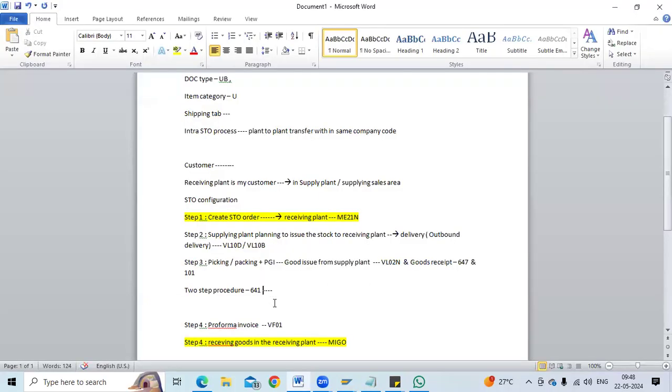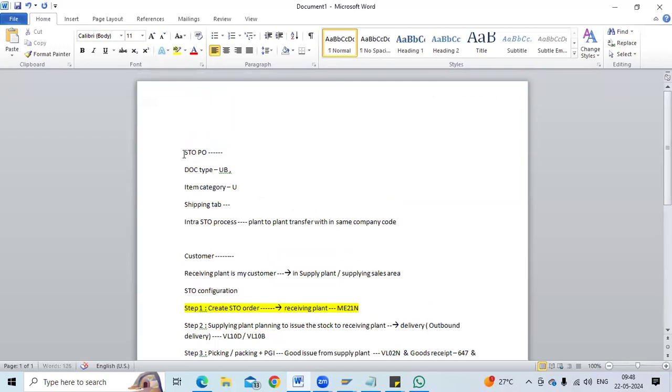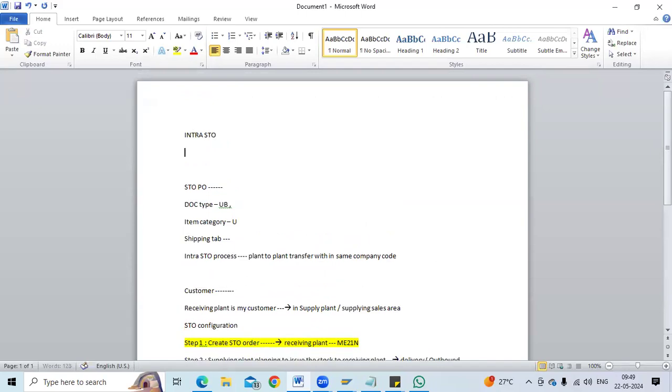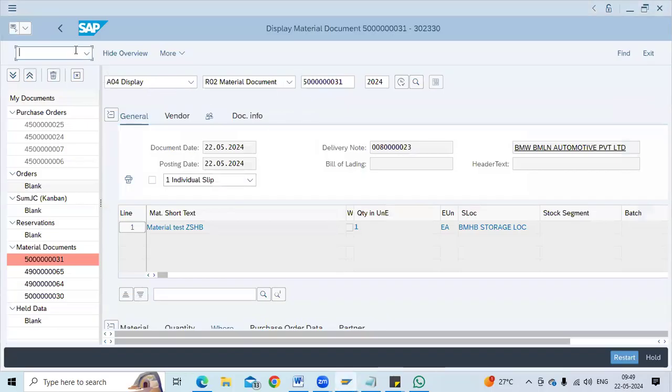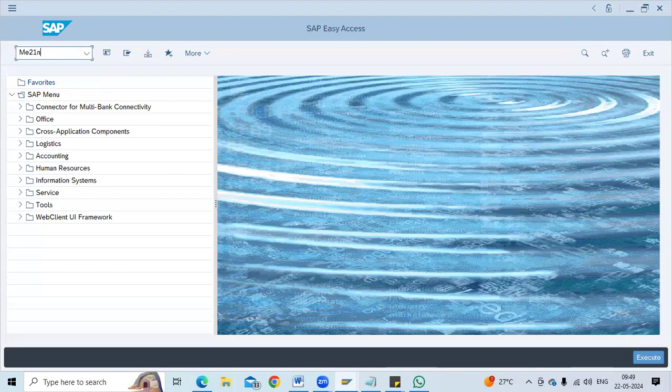The two step procedure is 641 and 101, sorry, two step procedure 641 and 101, and single step it is 647 and 101. So this is the intra STO procedure. Clear? Yes. In case you don't want to use the STO process